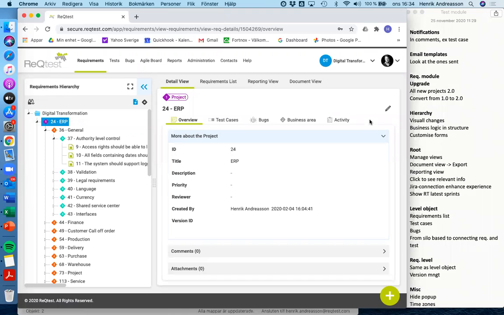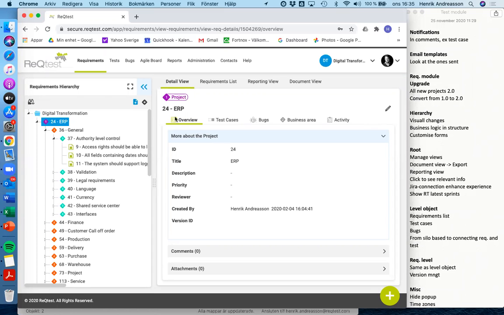And now we're getting into one of the key things about what I spoke of before, requirement and test being two sides of the same coin. Before, ReQtest was a bit silo oriented. You had requirements here, you had bugs here, you had tests there. They are all linked. They all belong together. We need to know the relationship. We need to know how they affect each other. We need to have traceability. So what we're trying to do here with the new requirement management module is also to say,